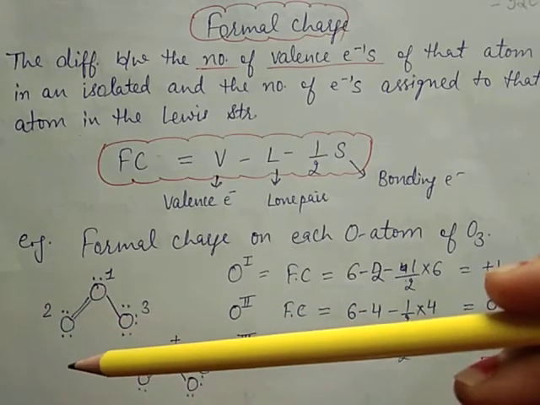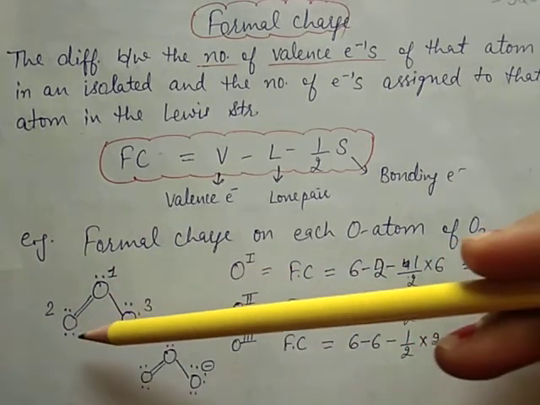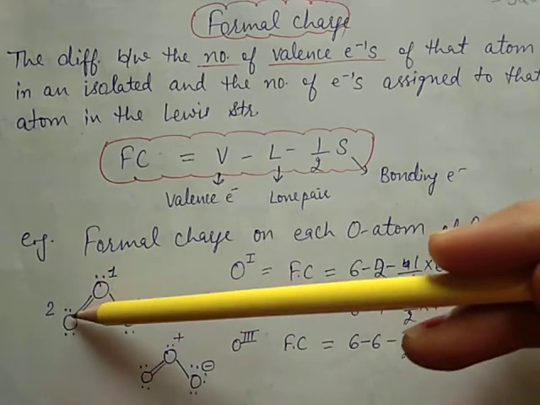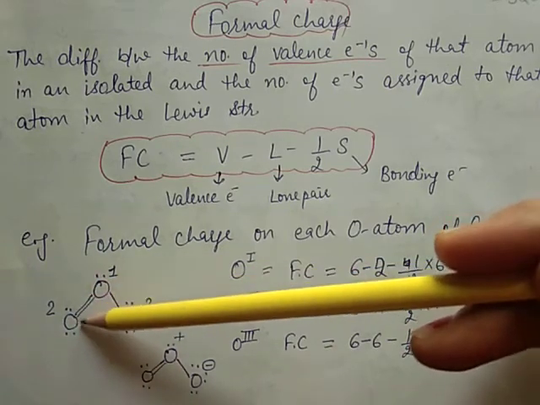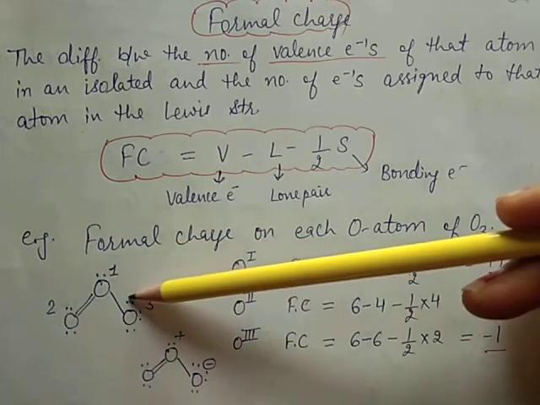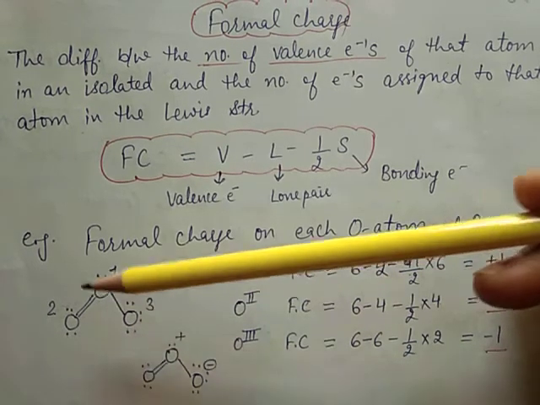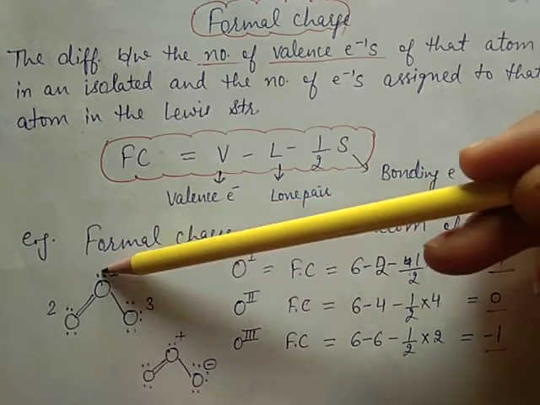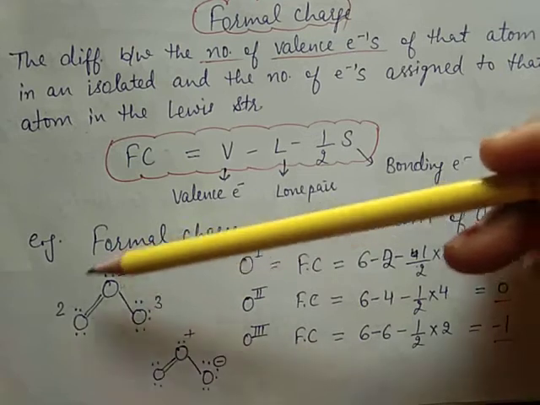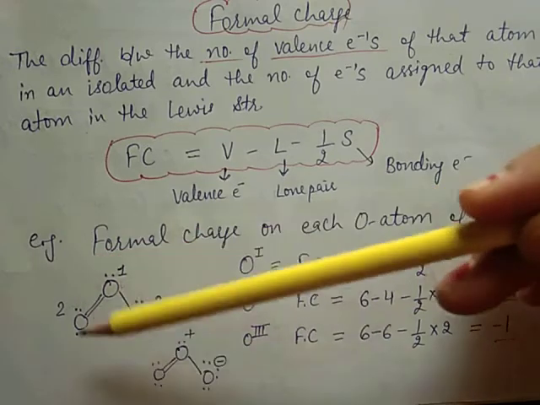octet of each atom. So this is the central atom and these are the neighboring atoms. The neighboring atoms have 1, 2, 3, 4, 5, 6, 7 and 8. This octet is completed. In this case also 1, 2, 3, 4, 5, 6, 7 and 8. This octet is also completed. In the case of the central atom, 1, 2, 3, 4, 5, 6, 7 and 8. All oxygen atoms have a complete octet. So this is the Lewis dot structure.